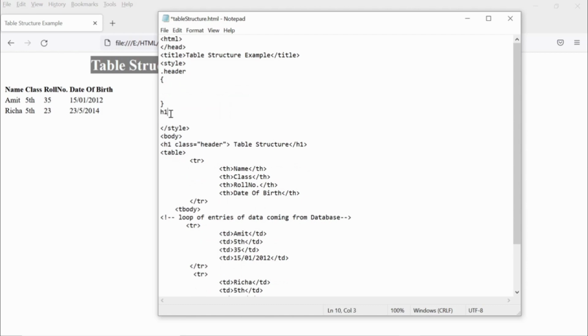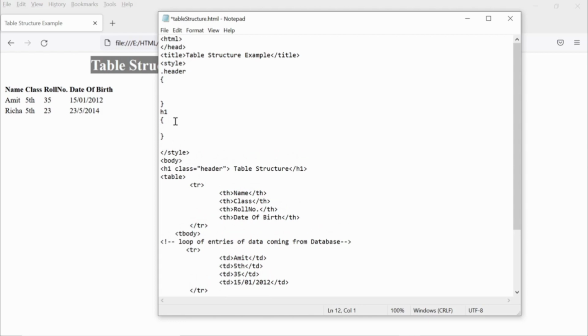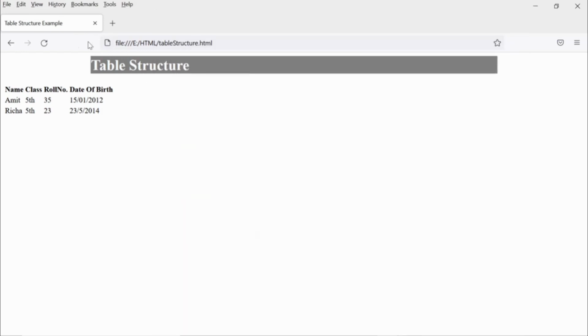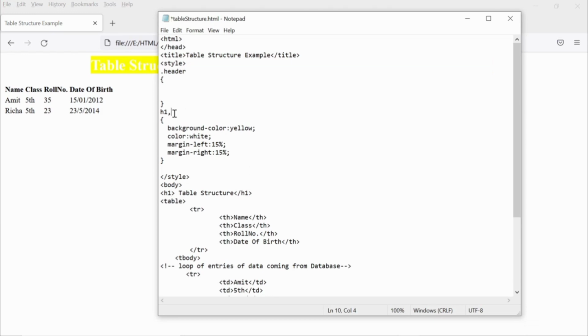So now let me show h1. See, these are the predefined. If I am not specifying any user-defined class name like header, first row header, second row header, but simply specifying the h1 only without the dot, whatever element we write here without any class, that will remain applicable. You can see it here. For the differentiation I have just put the yellow color in the h1.